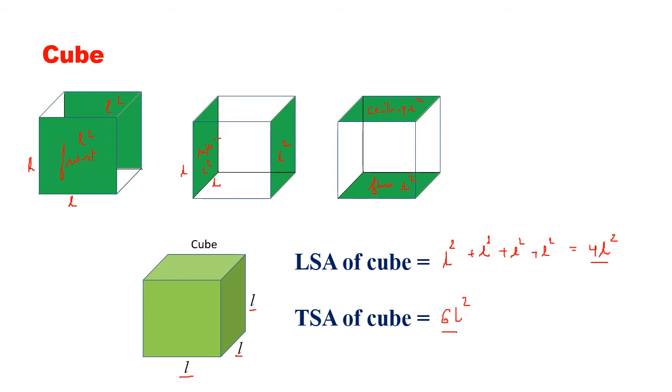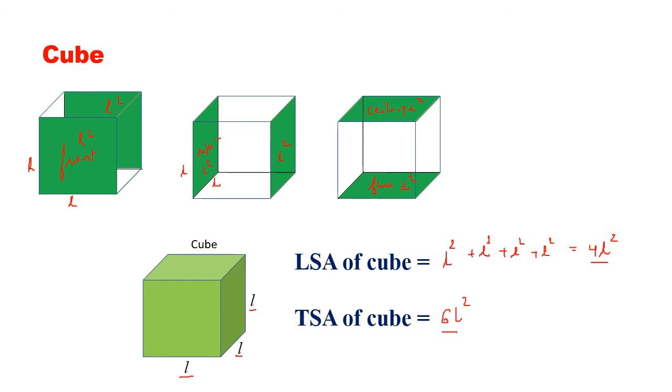Now a cube you will see when you play a game like Ludo. The dice has 6 numbers, 1, 2, 3, 4, 5, 6, but each side of the dice is equal. You will notice each side of the dice is equal. We say ice cubes, but not all ice is in the form of a cube. A cube is a three-dimensional shape in which the length, the breadth and the height, all three are equal.